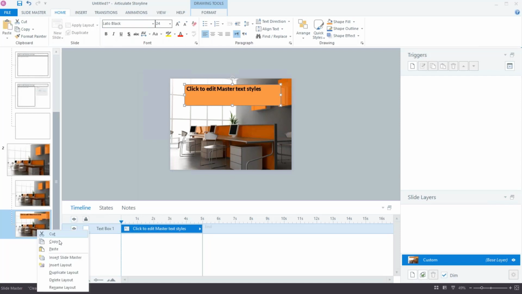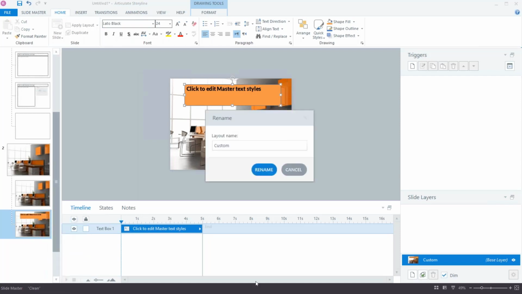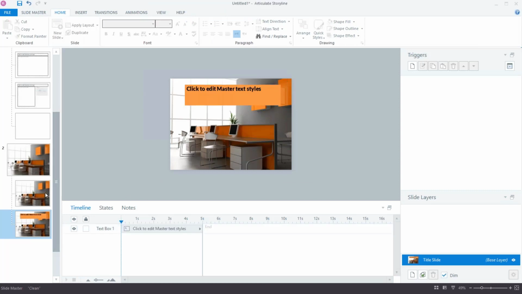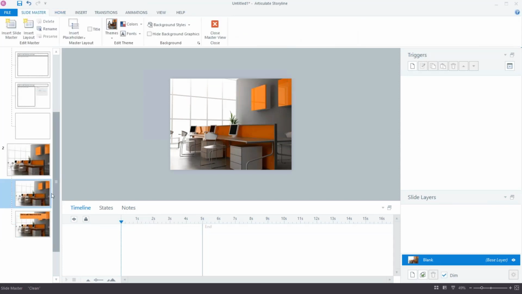And I can call that layout, if I wanted to just say, title slide. And one of the nice things here is I can go over, and when I hover over my layout, you can see this blank layout here. When I hover over it, I am told it's used by 5 slides, whereas this one is used by none. And so then I can see, is that okay to delete? What's going to be affected by this, and so forth. And so that's a good use of master slides. And that's in the slide master.